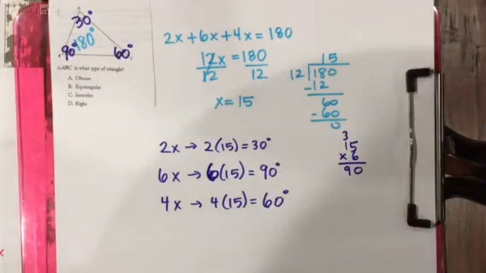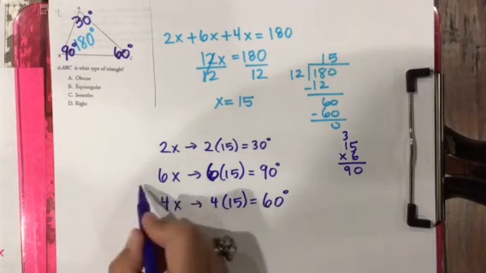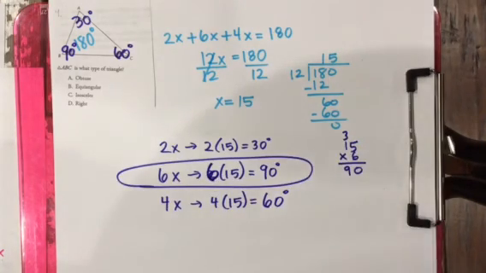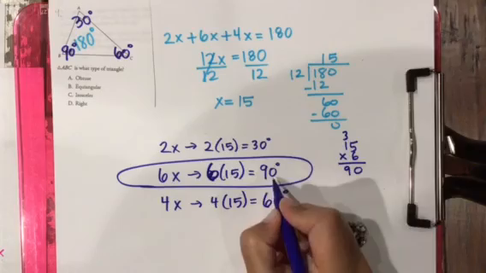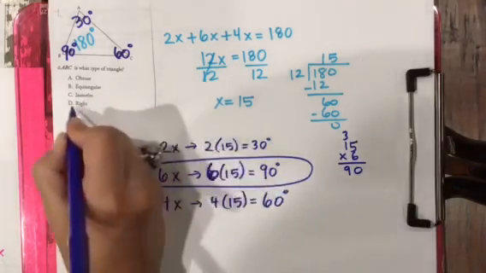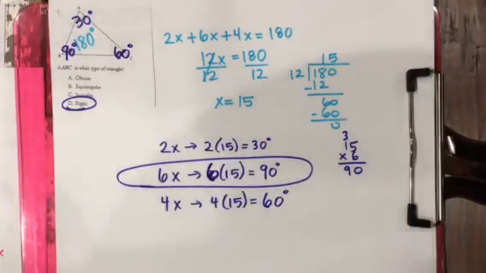So what kind of triangle is this? Well, you evaluate the largest angle in the triangle. The largest angle is 90. 90 is a right triangle. If an